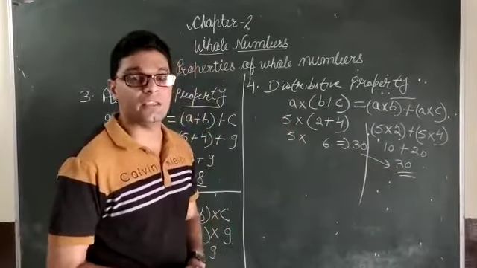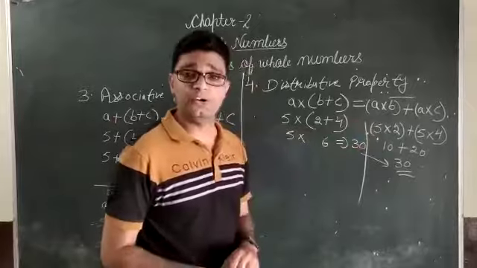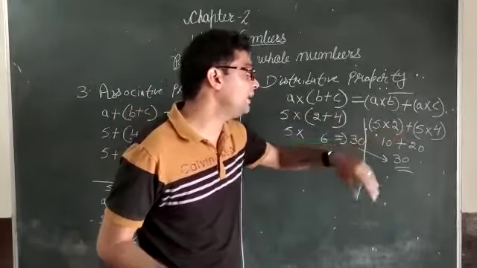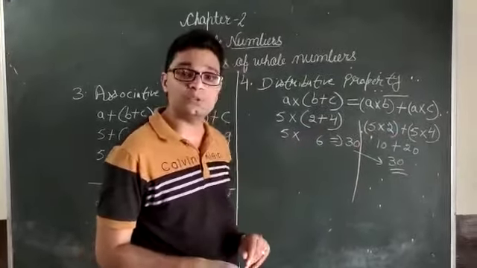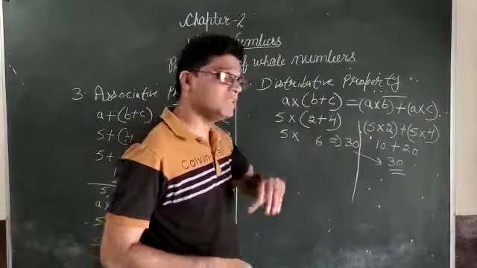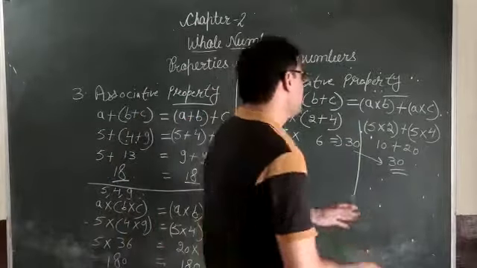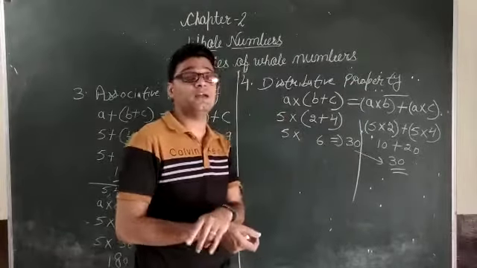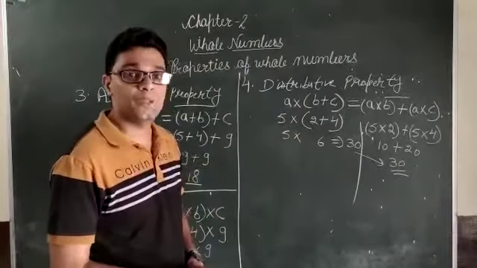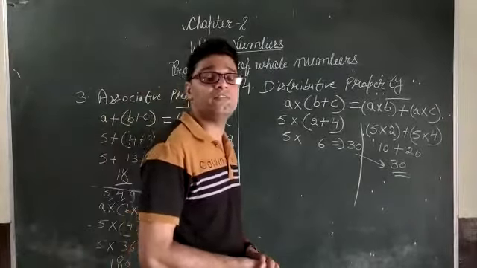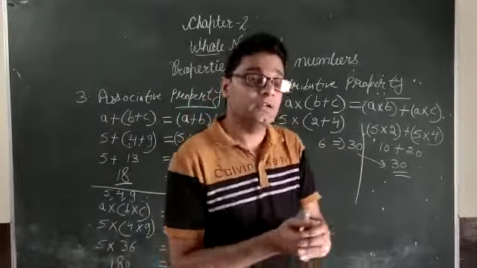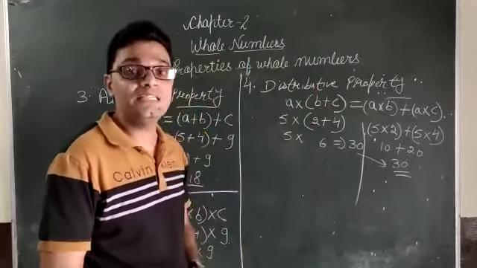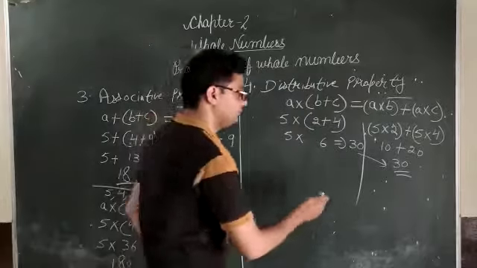Now some students are thinking that this is not an easy method. It is a long method. Here we did it in 1 minute. Here we have to multiply 2 times, then we have to add also, right? So how is it an easy method? But children, here I have given very small numbers to you. That's why it is looking like the other method was easy. But there are so many examples when he gives you big numbers. That time the distributive property makes the solution easy. I will give you one example.